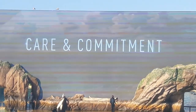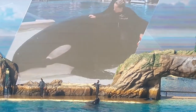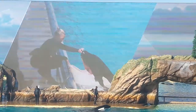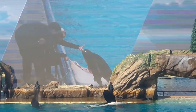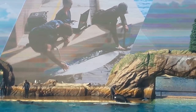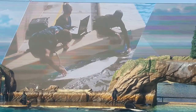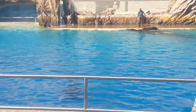You know, we interact with these whales all day, every day, sharing trusted relationships that help us provide optimal health care, research, and quality of life. The whales here at SeaWorld actually take an active role in their own health care. So you can see on the screen right now, one of the veterinarians working closely performing a sonogram on our whales. Also over at stage, one of our 10 killer whales, and you're going to meet